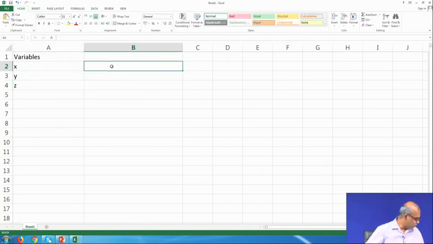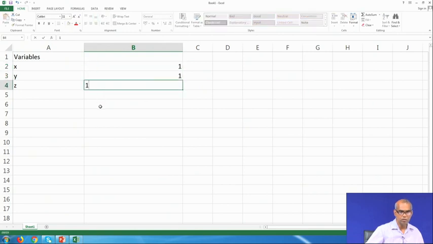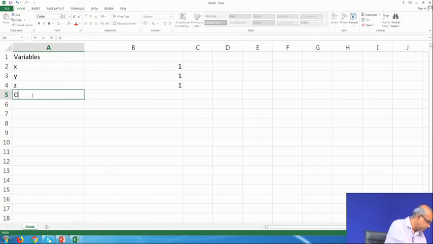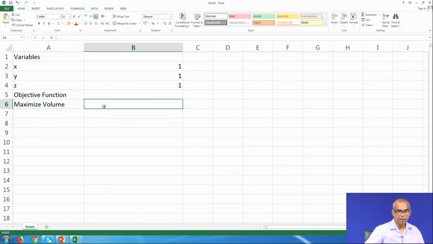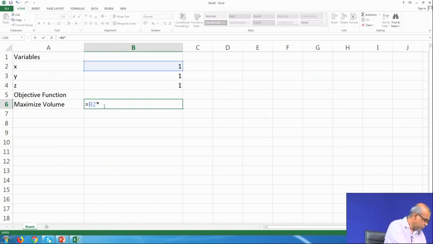Let me give their initial value 1, 1 and 1. Then we write objective function which is maximize volume. Let me write the formula for that, x into y into z. That means, B2 into B3 into B4.